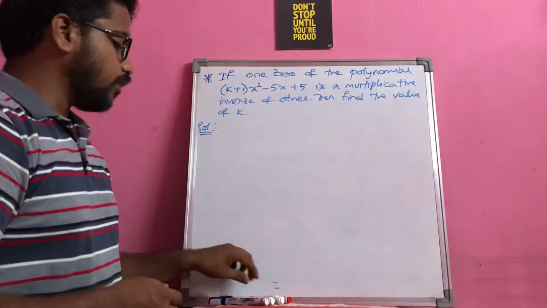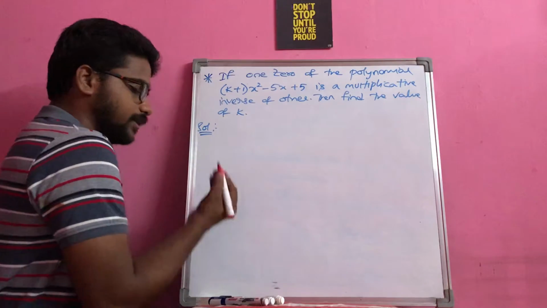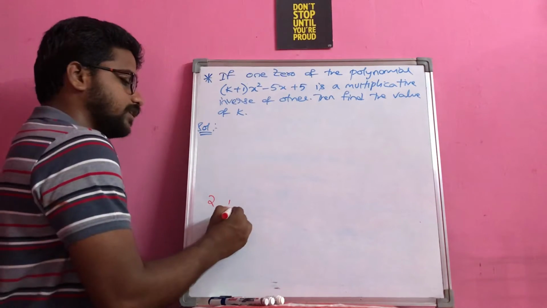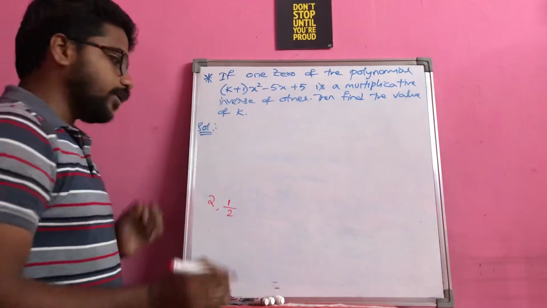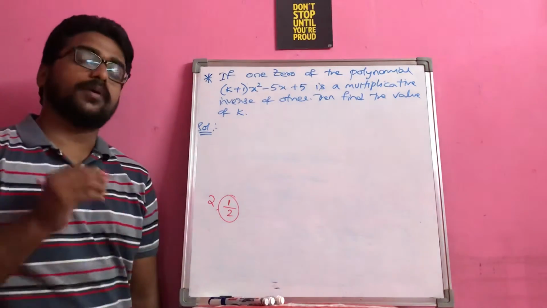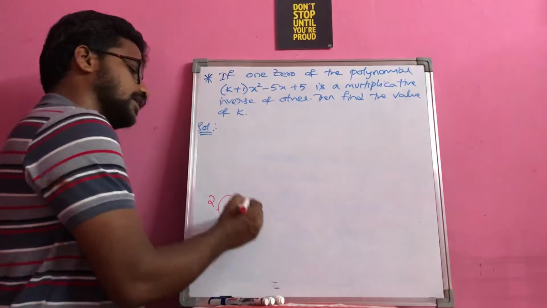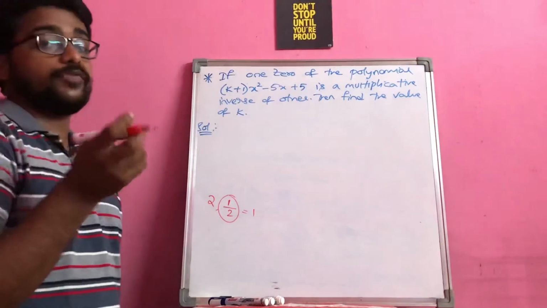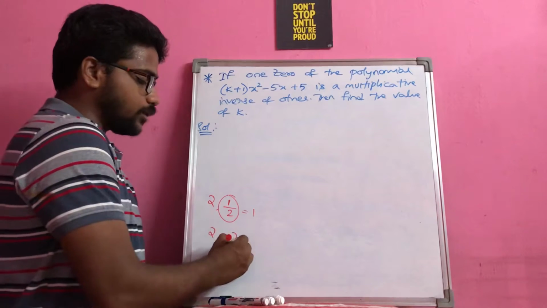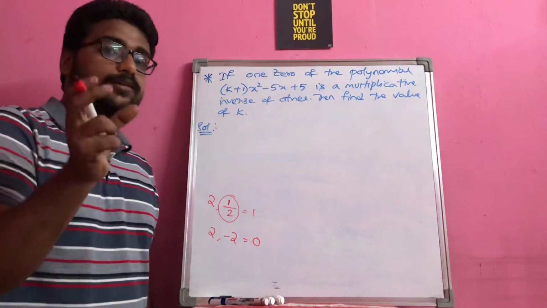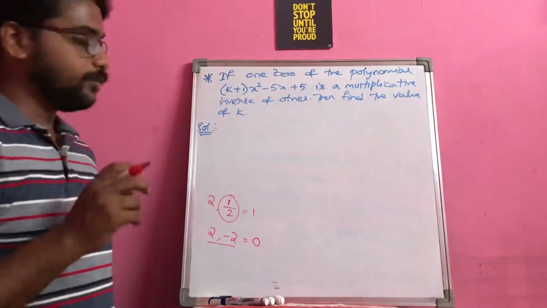Let me quickly recall what the multiplicative inverse is, which we learned in our previous classes. If I give you any number such as 2, taking the reciprocal of this number is the multiplicative inverse of 2. Why do we take the reciprocal? Because the rule is that the product of the number and its multiplicative inverse should give the answer 1. Similarly, in the case of an additive inverse, if I take 2 as a number, the additive inverse is minus 2, because the rule is addition: if you add these two numbers, you should get 0, right?